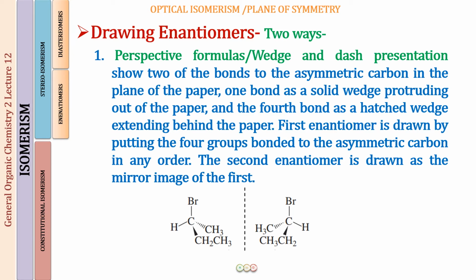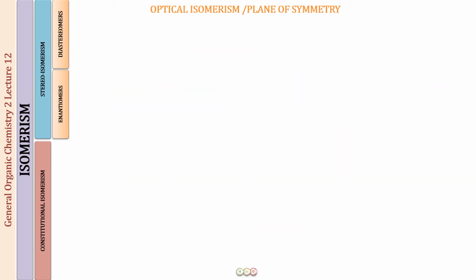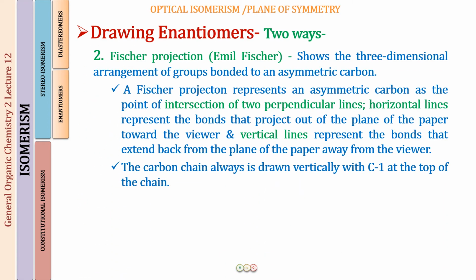Now let us learn the other way in which we are going to project these molecules, so that when we are discussing further in the lectures, you have an understanding of how we are going to change one form into another, and what the two diagrammatic representations mean. So the next way in which we are going to represent the various enantiomers is the Fischer projection, which was given by Emil Fischer. You have also seen this projection in the previous lectures, but I have not talked to you in detail about the meaning or interpretation of the Fischer projection till now, which I'm going to do today.